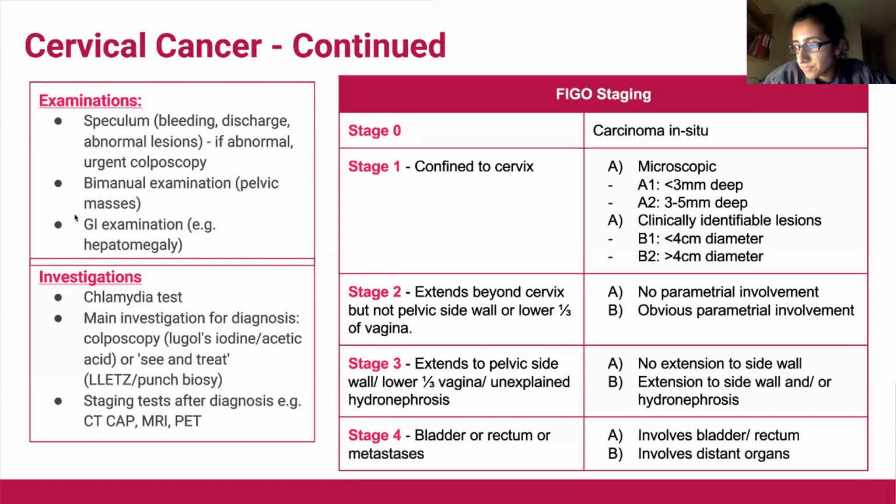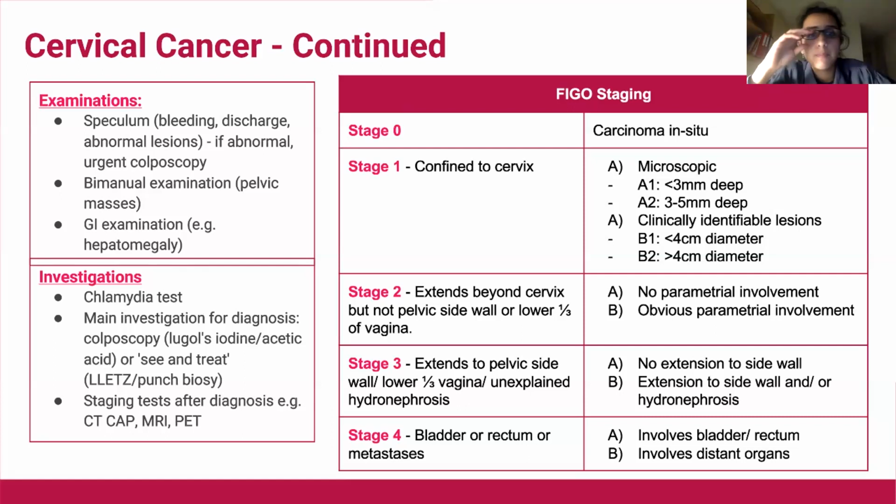In terms of examination, if someone's presenting with symptoms that are making you worried about cervical cancer, you should do a speculum examination, looking for bleeding, discharge, and abnormal lesions. If that's abnormal, that patient needs an urgent referral to colposcopy. You can also do a bimanual and a GI examination as well. In terms of investigations, it's good to do an STI test,